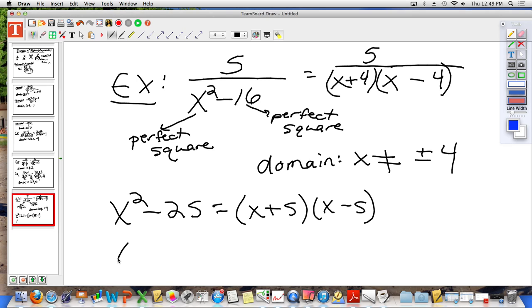What about this? X squared minus 121. 11. 11 is the square root of 121. So when you factor this, you get x plus 11